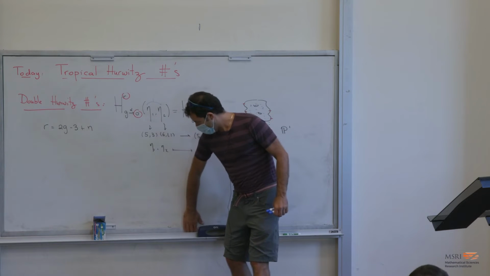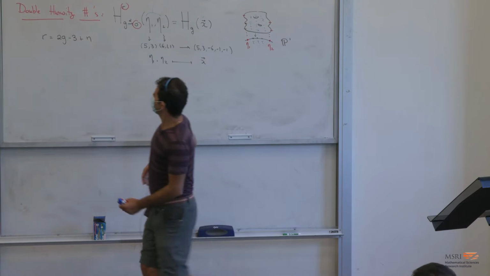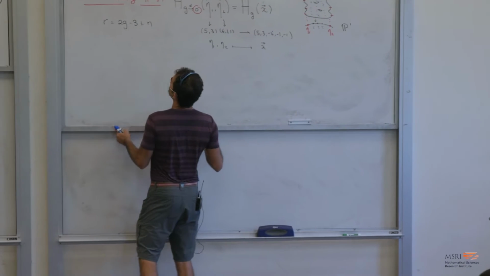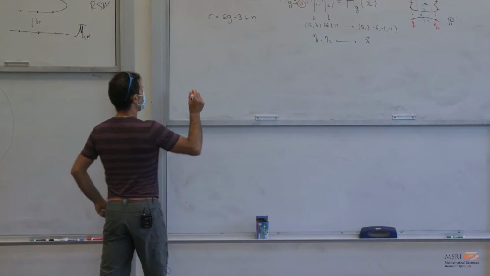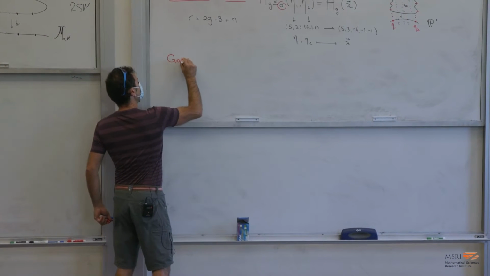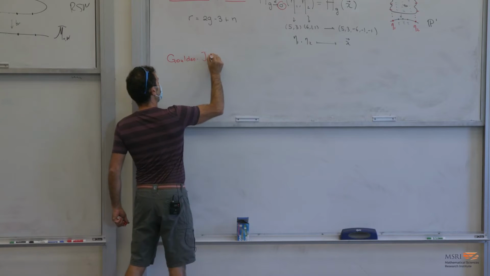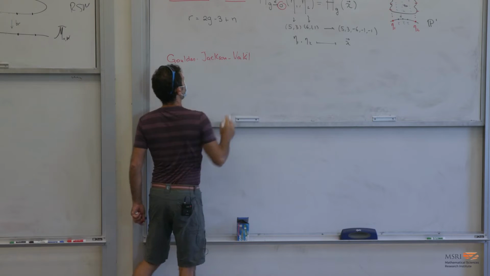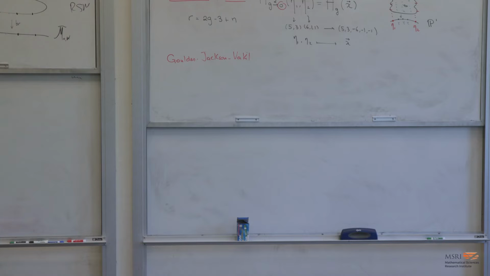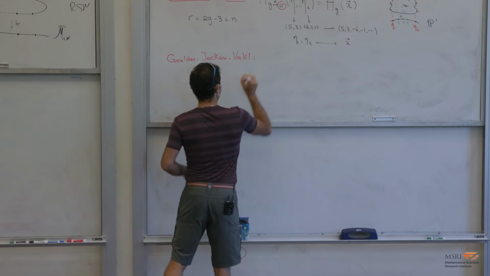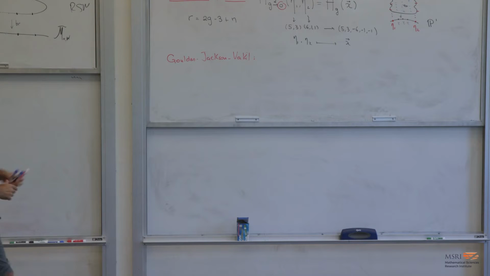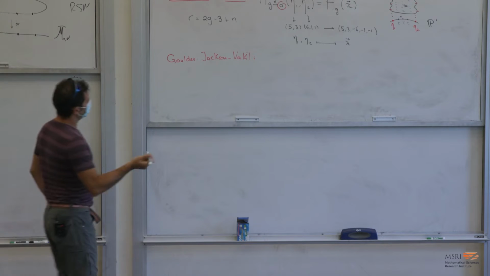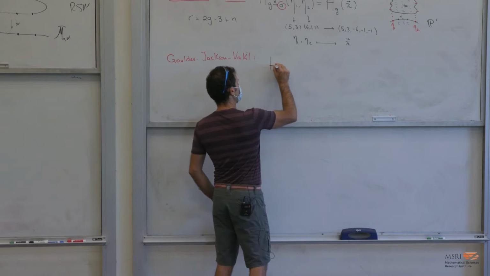All right. So in fact, I would say that double Hurwitz numbers are not trouble at all. In fact, they're great. So, Goulden, Jackson, and Vakil. This is one algebraic geometer and two combinatorialists that walked into a bar. They wrote a really great paper called Towards the Enumerative Geometry of Double Hurwitz Numbers. And so they think of, well, you should really think of these